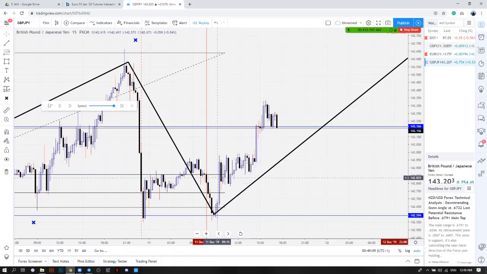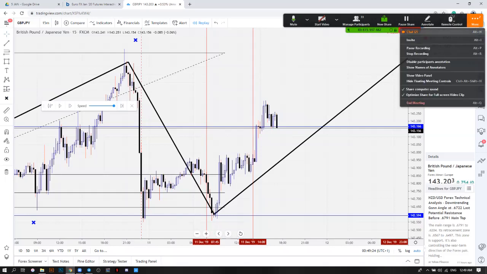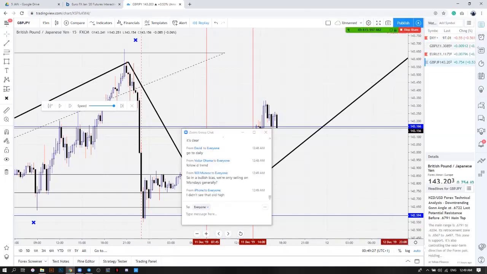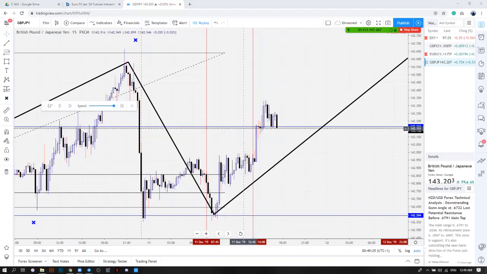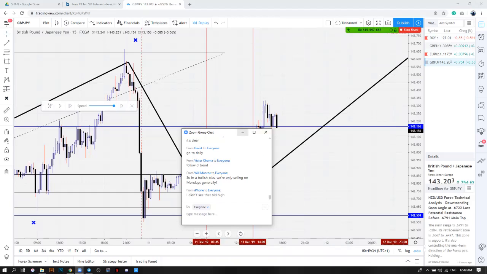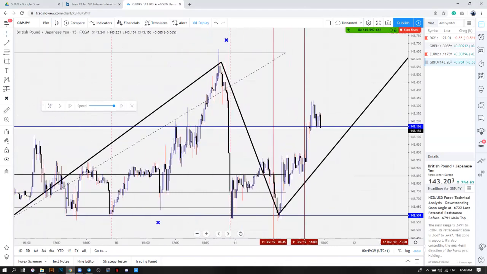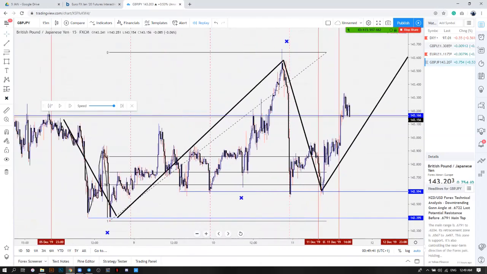Now, watch what the market does. Around New York session, you get the explosive move up. Now, what did I tell you guys about New York session? New York is going to be a continuation from London. So in a bullish week, you're selling Mondays. It depends on market structure. Nothing in price is fixed.